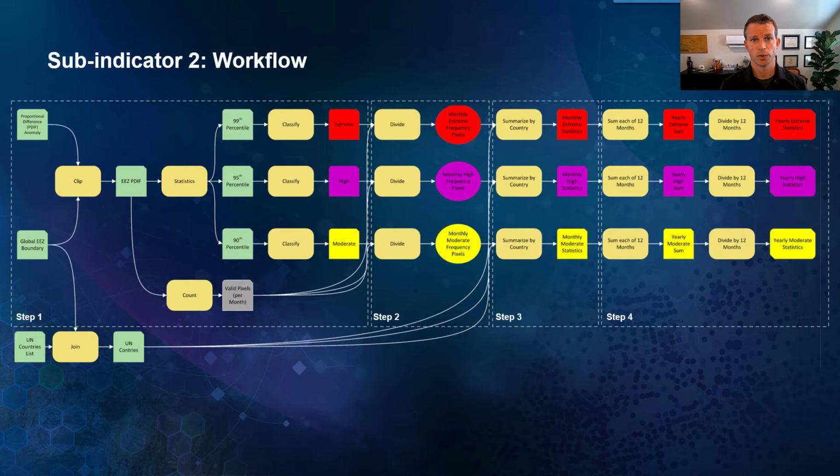We're also doing a pixel count to understand the number of pixels that were occupied by data within a month. We would classify each one of the percentiles to extreme, high, and moderate, and that's what we see happening here